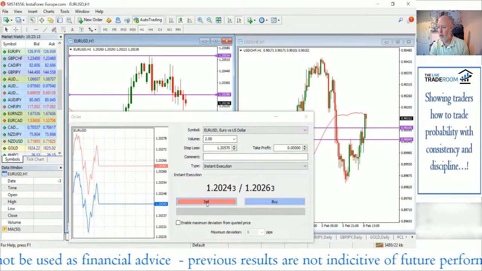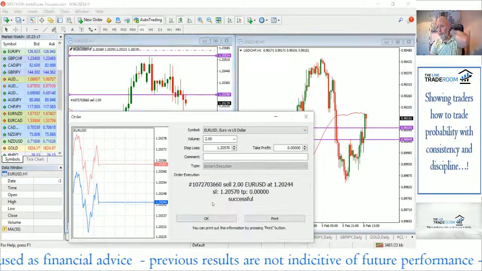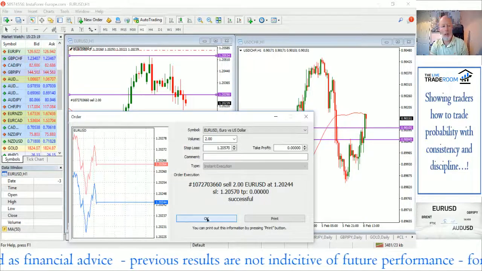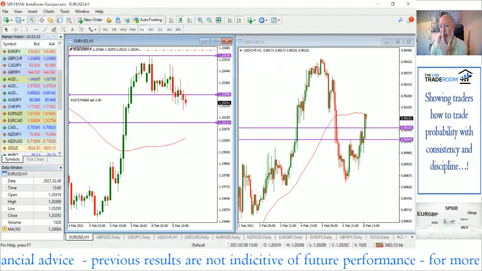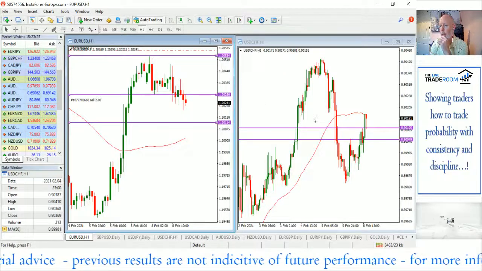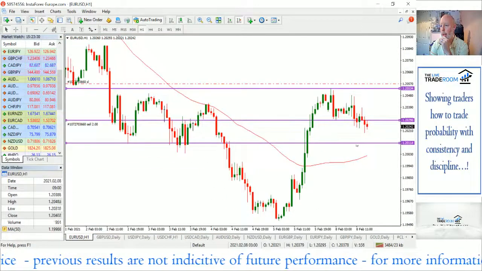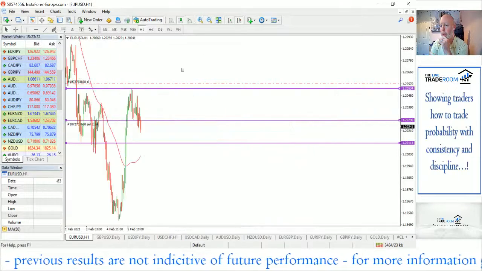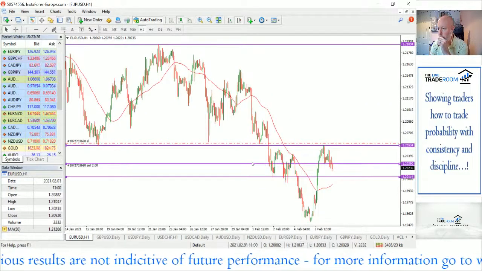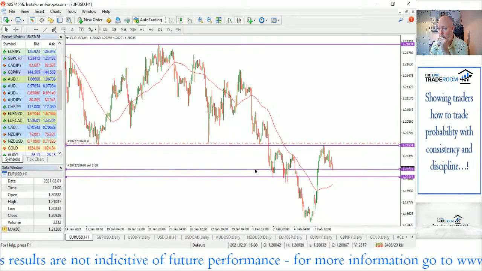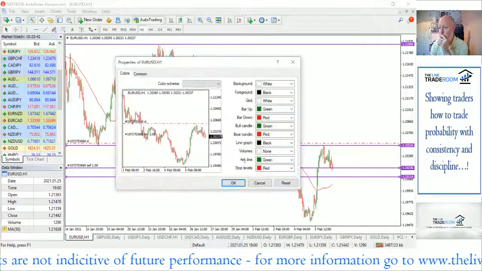We'll take a 2-lot trade. We do calculate our trade size accurately. So that is a sell trade that we've just got into now on the euro dollar. So we do expect a little bit further downside move in this market as a result of that analysis. You can see, let me, you can see our entry.